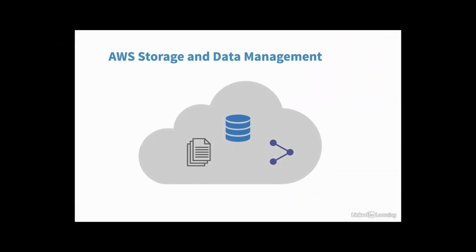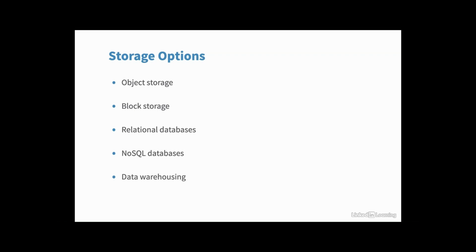If you're looking to store and manage data in the cloud, you've come to the right place. Amazon Web Services is home to a wide array of options to suit just about any data storage job you can throw at it, from file storage to relational data to NoSQL-style documents and objects. In AWS, you have many options as to the kind of storage available to you. There's object storage supported by S3, Amazon's oldest and most durable service. Block storage via Elastic Block Store, the easy way to provision drive capacity for EC2 instances. Relational databases, courtesy of RDS, Amazon's managed relational database service. You have NoSQL, courtesy of DynamoDB, and data warehousing via Redshift, though the last one is outside the scope of